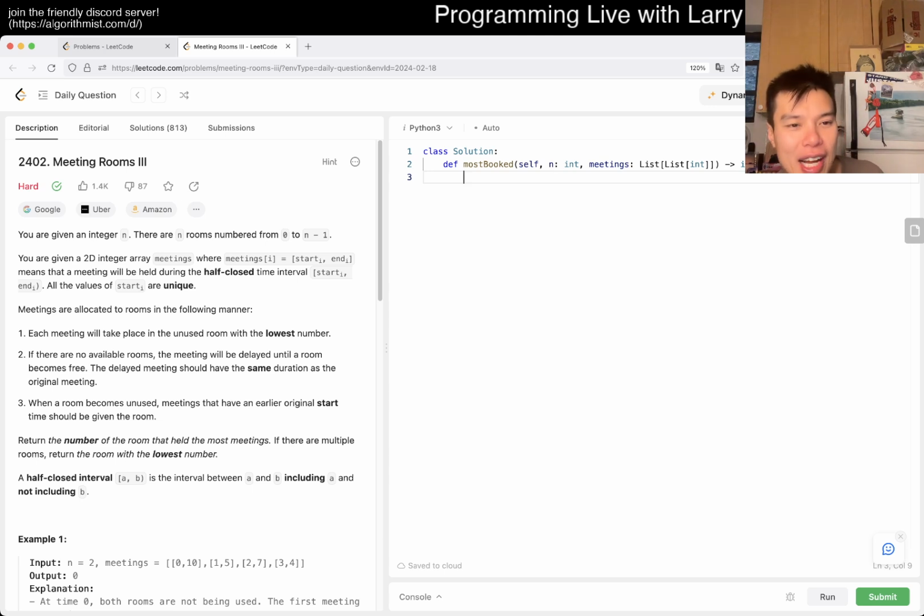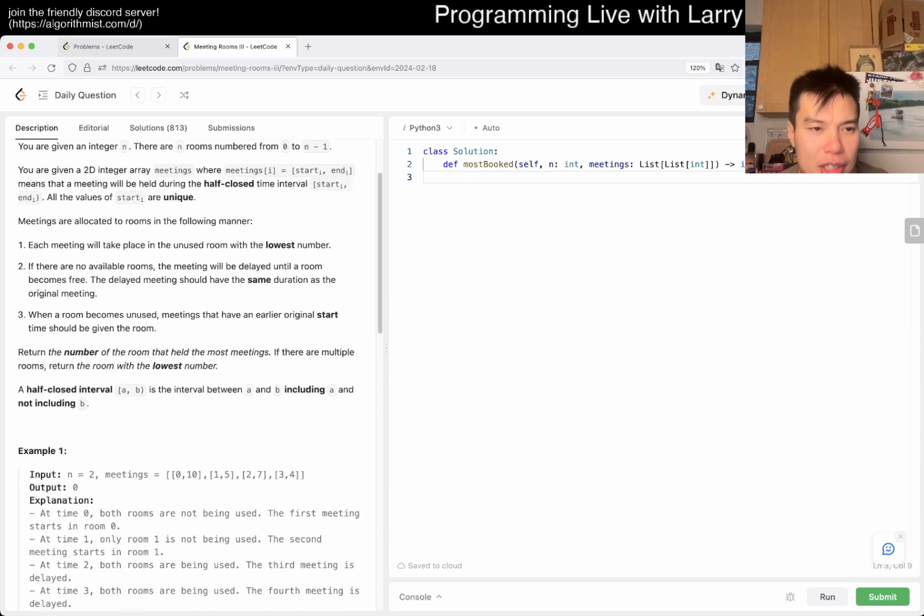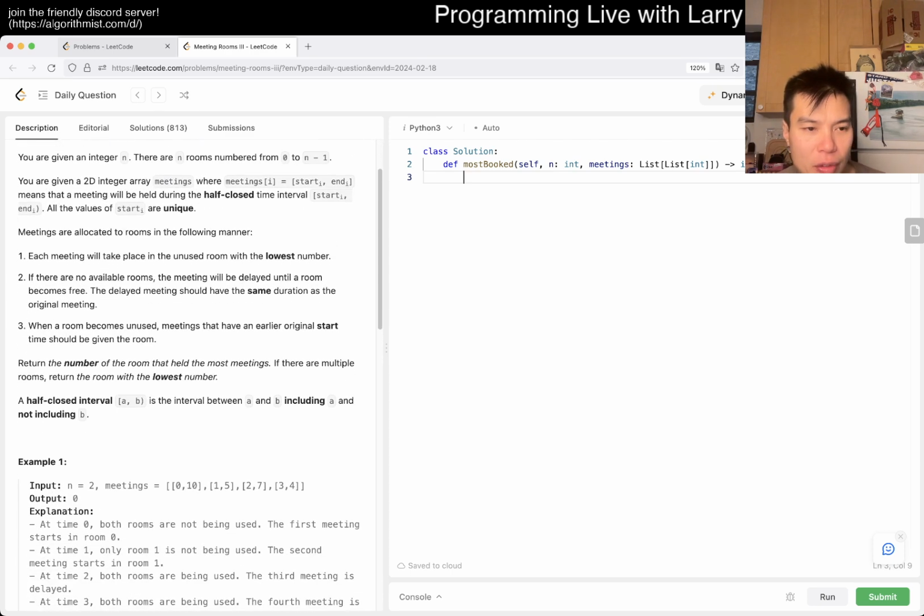Today's problem is 2402, Meeting Rooms 3. You're given an integer n. There are n rooms from 0 to n minus 1. Meetings have closed intervals, so the start and end are both inclusive. Starts are unique, okay, that's maybe interesting. Each meeting will take place in the unused room with the lowest number. If there are no available rooms, the meeting will be delayed until a room becomes free. When a room becomes unused, the meetings that have an earlier original start time